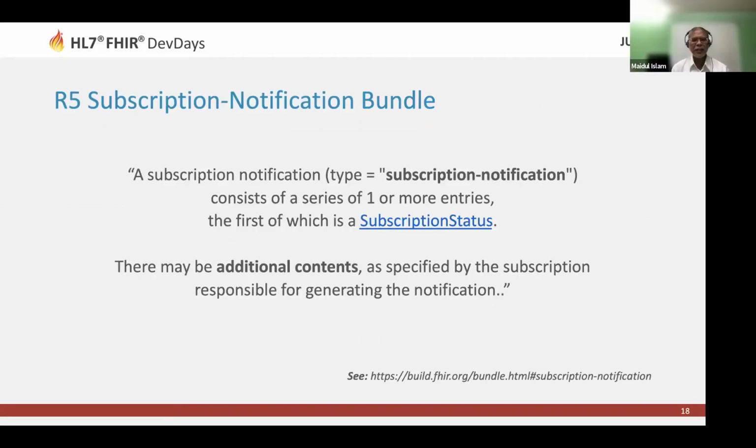Yeah, I did. I attended the presentation from Gino, and while doing that, I could relate to this. We could map to the R5 subscription notification bundle, which is what the client is looking for. The existing subscription we can enhance with a rule for a trigger event, and then we can add a workflow to represent the V2 documents the client is looking for, and we can represent those in R5.